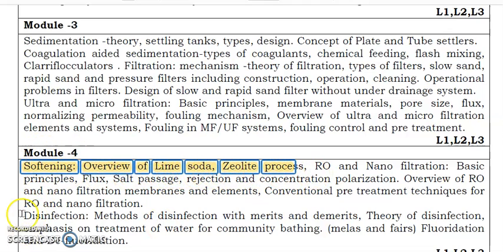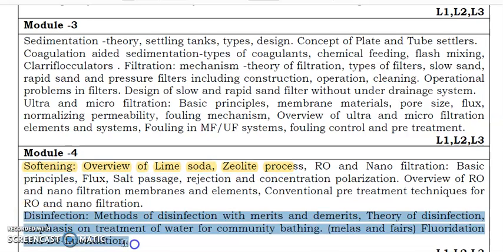So in this module number 4 we have completed disinfection. This is completely over, and then we have completed fluoridation and defluoridation. So we'll start with water softening, and this RO and nanofiltration in the 4th unit, and ultra and microfiltration in the 3rd unit. All 4 together I will take in the next class, right? So now let's start with water softening methods.